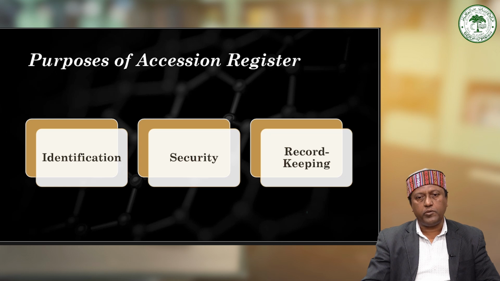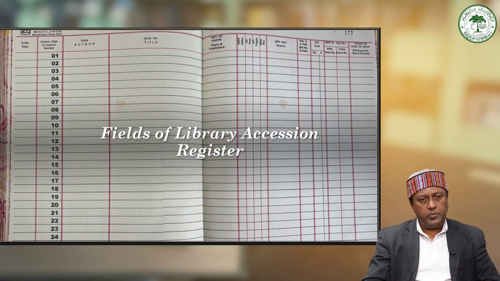This ensures proper documentation of the book's acquisition details and helps in financial record keeping. Let me tell you one more thing. It is not mandatory that we will have only one accession register. You can have multiple accession registers, and in a library we can have different accession registers on the basis of